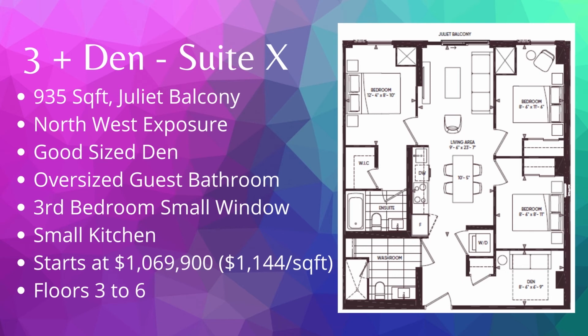This one does also have a very good sized den, and just because of the way the outside closet is placed, if you want to turn the den into another bedroom, you can kind of seal it off right before the closet. That way the den has its own closet. You can also see that the guest bathroom is a bit bigger, so it means that you have a bit more space, which is nice. The 3rd bedroom, if you look at the window, it's like this tiny little sliver. It's basically the size of your night table, so you don't really get too much sunlight in it, although technically